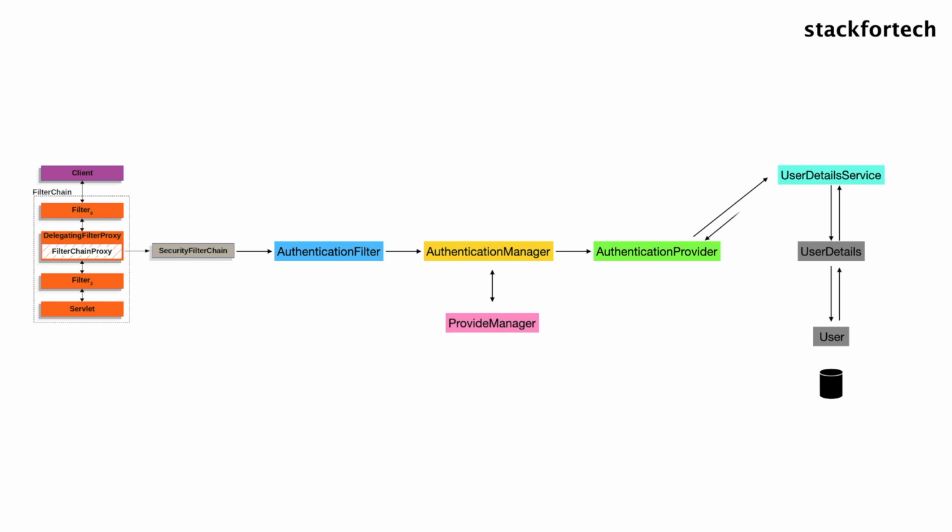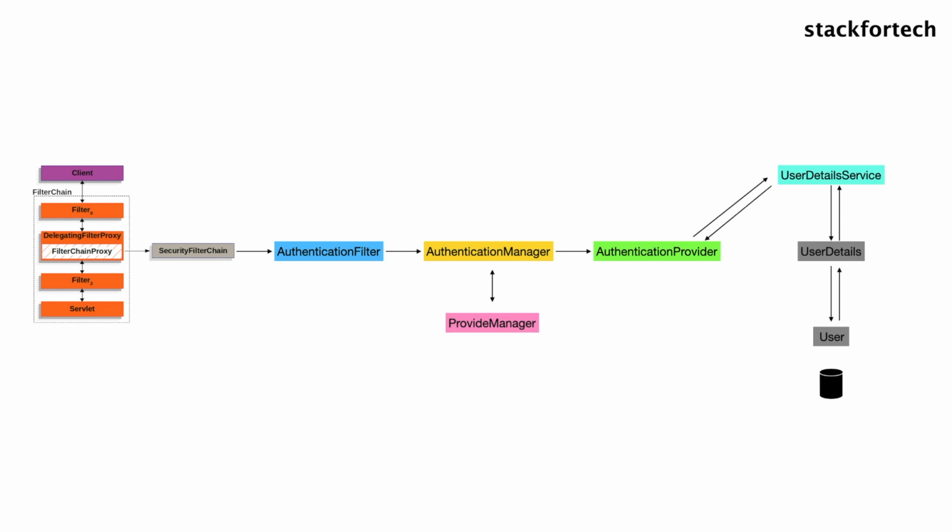This authentication object which is passed back to the authentication provider will be having the principal and the authorities. So by principal we mean here the username or the password or the credentials, whatever is being configured to be sent out as a principal, and authorities which will basically be the roles, right? The user who is trying to authenticate, what role that user has, that will also be combined with that principal and will be set into an authentication object.